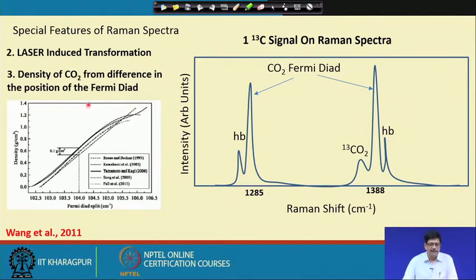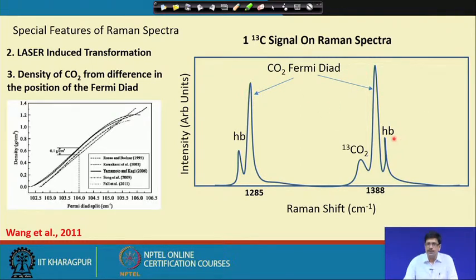Some other special features that you could see with Raman spectra are here. It is of course far off to say that they will actually indicate the isotopic ratio in the carbon dioxide that is present, but for the sake of our understanding and as information, it is very interesting to see. This is the spectra of carbon dioxide. This is occurring at 1285, this is the nu 1, and this is the 2 nu 2, that is 1388 centimeter inverse. These two are commonly known as the carbon dioxide Fermi diad.